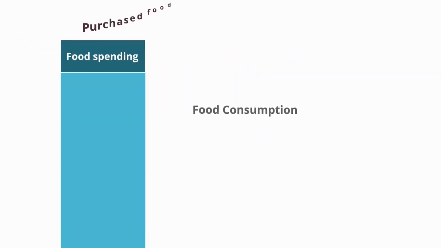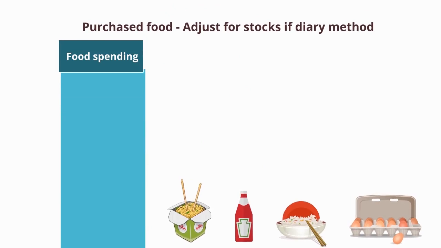So let's talk about food consumption: purchased, produced, received, and eaten away from home. There are many different types of ways that people consume food that we need to quantify for monetary poverty measurement. The first step is to set up all food spending in the household, including purchased foods, adjusting for a diary,